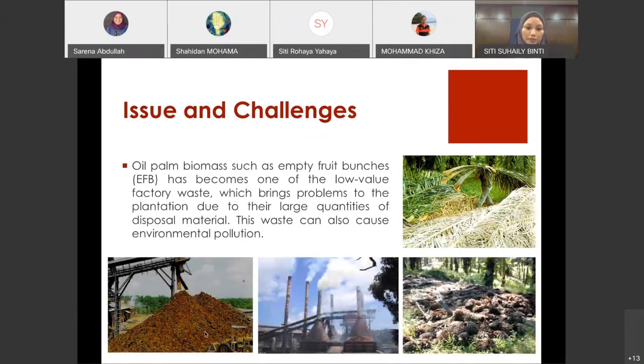Okay. As you can see, this waste in the plantations, and this air pollution, can also cause environmental pollution. This issue was actually raised more than 20 years ago by several researchers regarding the waste and also the air pollution and environmental pollution. So Malaysia embarked on more research into these problems, which they start with